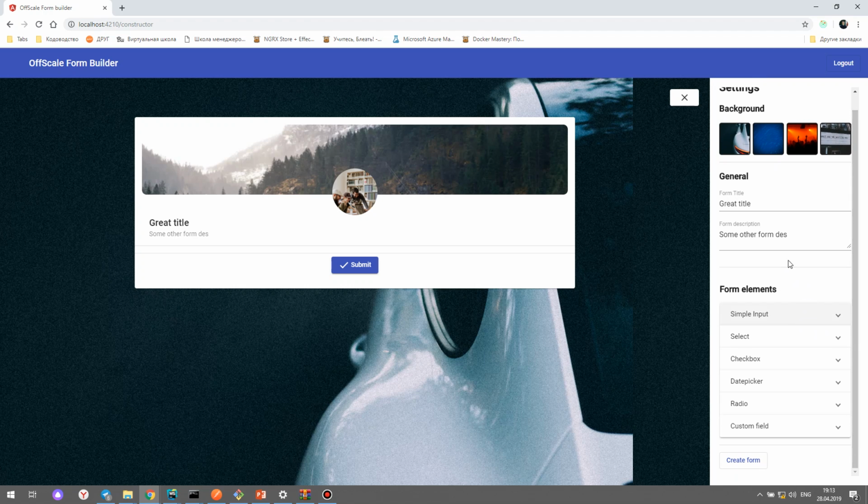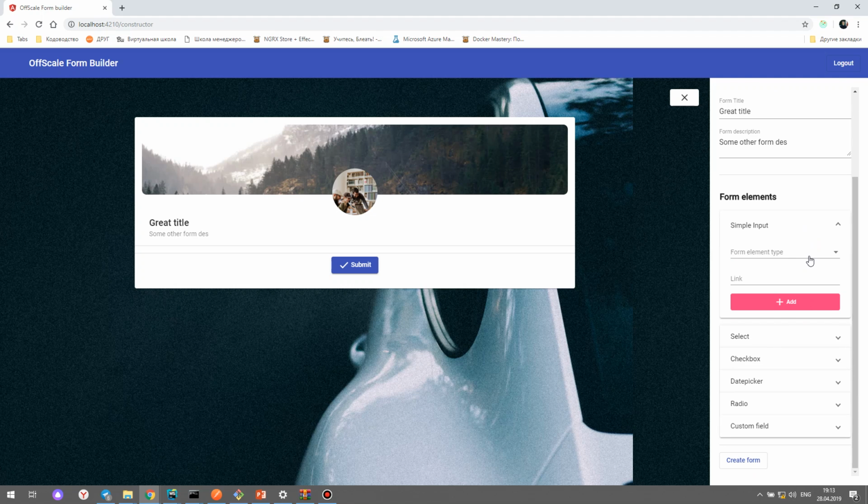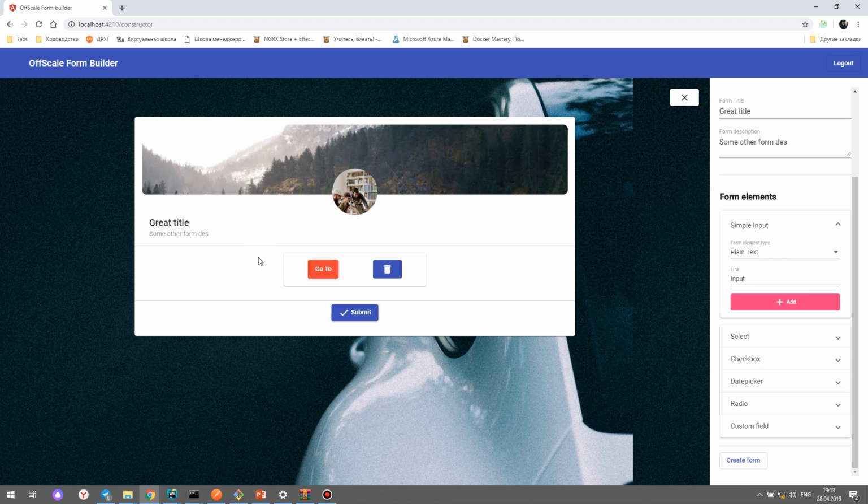For example, if we want to create any of the listed elements, we can expand this dropdown and select the form element type, for example plain text and email, type a title for the input and click add. But